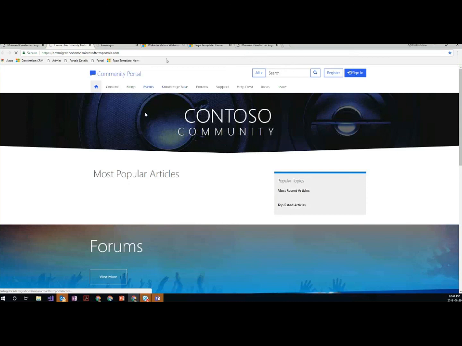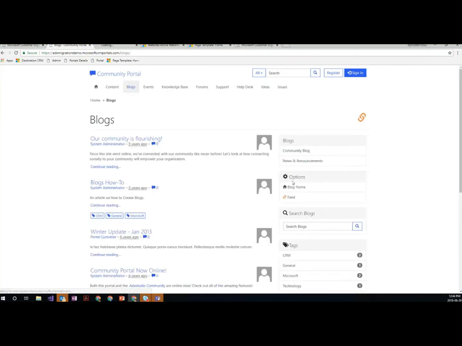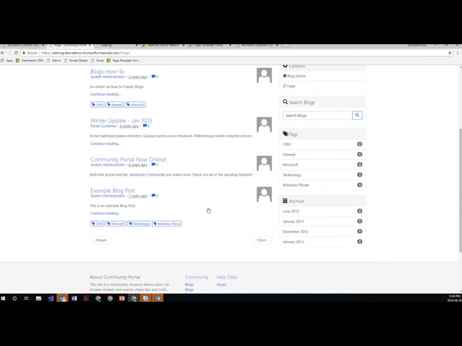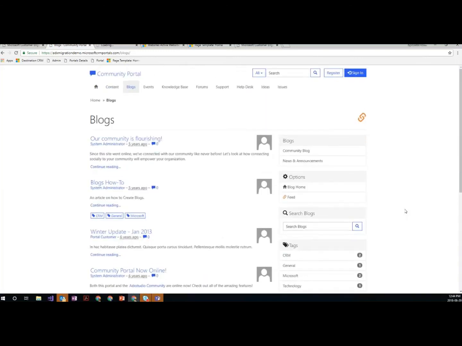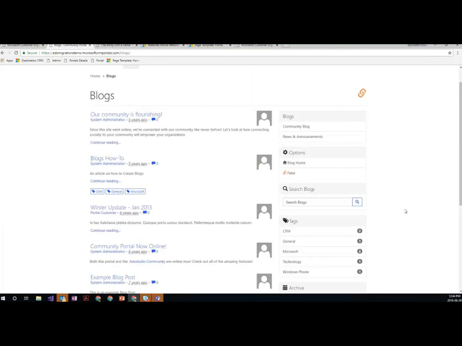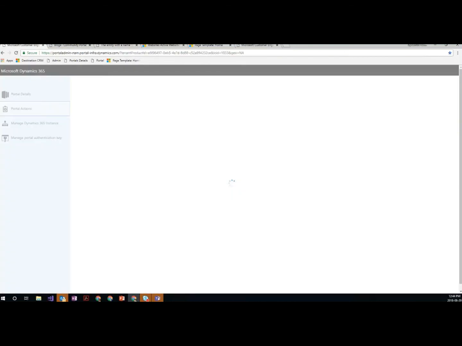So let's load and then we can see and talk about it. Now this looks very much like version 7, just because I'm not using the template from version 9. And if I go to the event, I get an error message. I'm only able to see this error message because